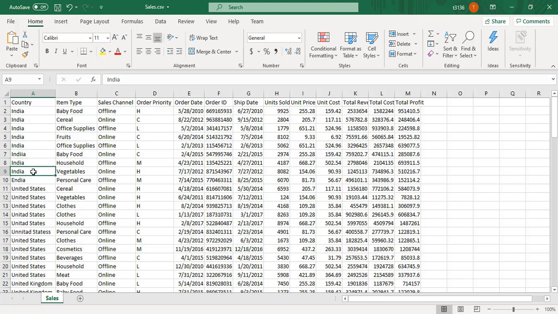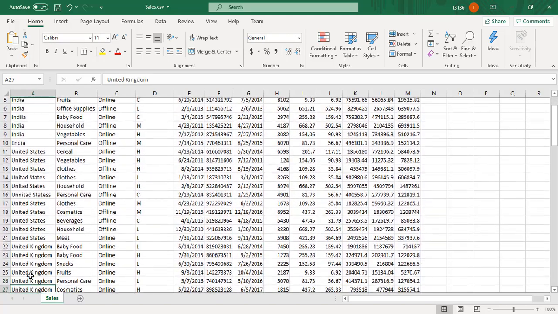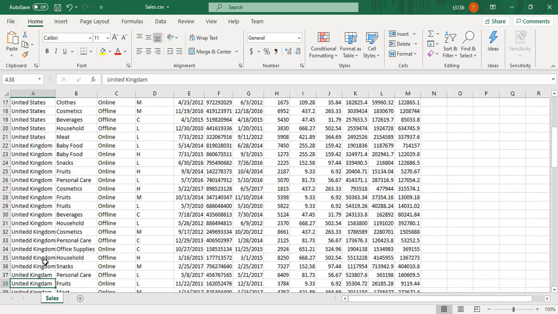So first of all, I'm going to transform this data set, transform this country field. There are some other fields that are incorrect. For example, in United States the spelling is incorrect. What about the United Kingdom?